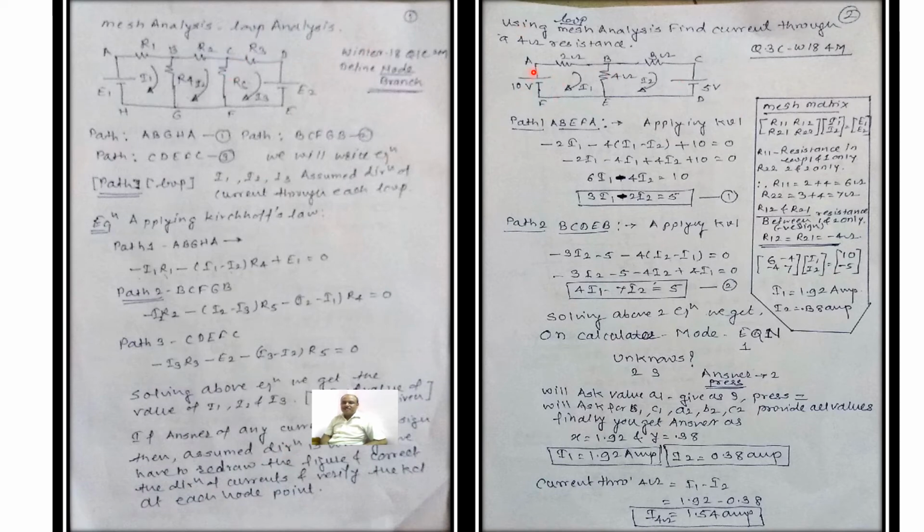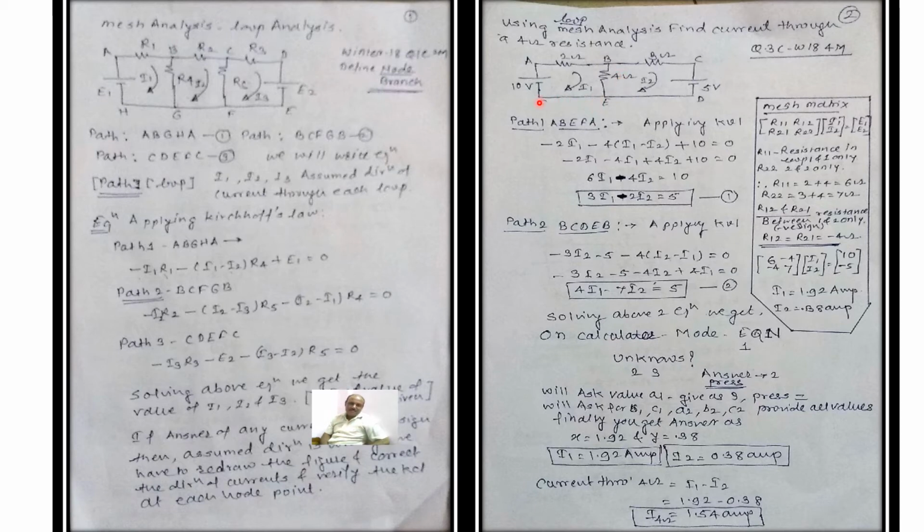So here again we can assume that this is the I1 current which flows through this, then here I2 current flows through this. These all are the assumed directions of current. So first here we can write minus I1 R1. Suppose this is R1, this is R2 and this is R3. So what we can write? Minus I1 R1. And for this we will write minus into bracket I1 minus I2 into this, that is R3.